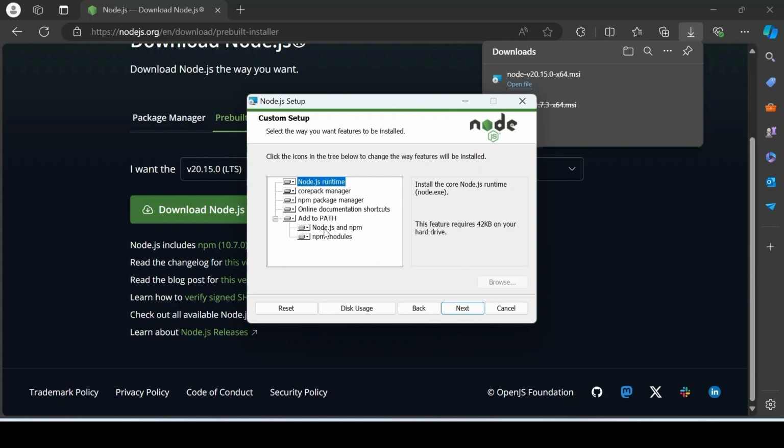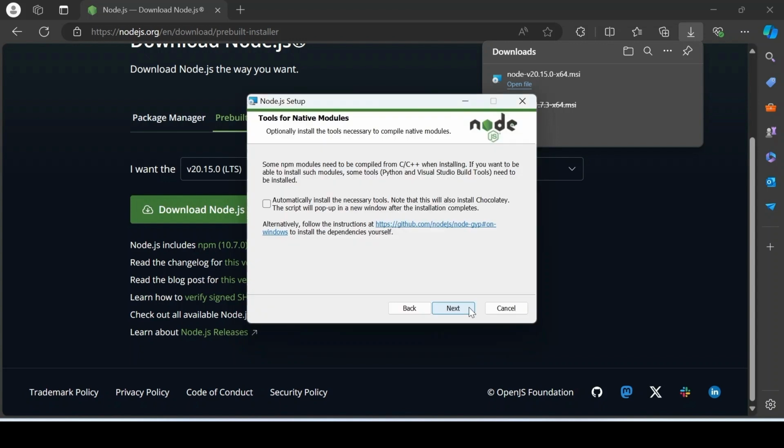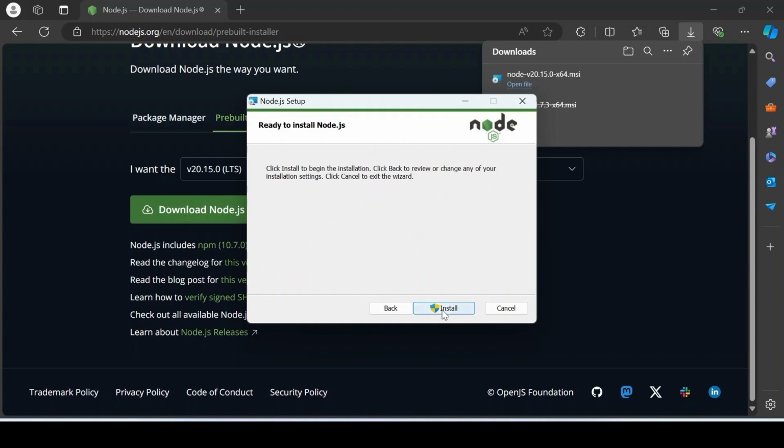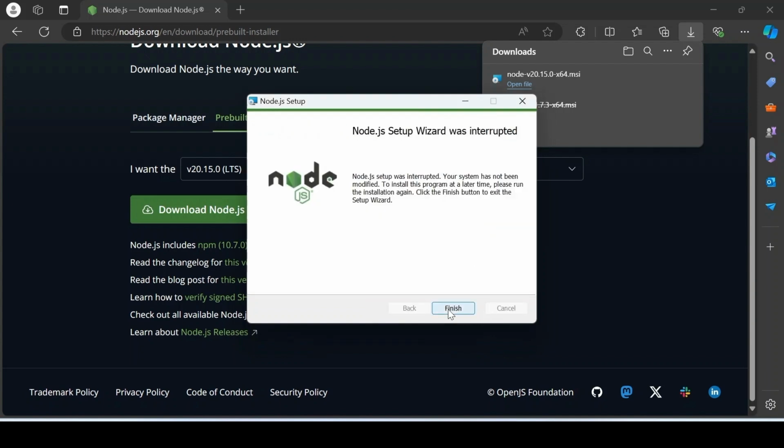See, if you could see this, you will get npm and node.js, which are added to path, and click on next. And if you want to do this, you can also do this and click on next. Finally, install. If you click on install, everything will get ready for you, and go with it like I have already done this. And when it is installed, you will get the same dialog box, and click on finish